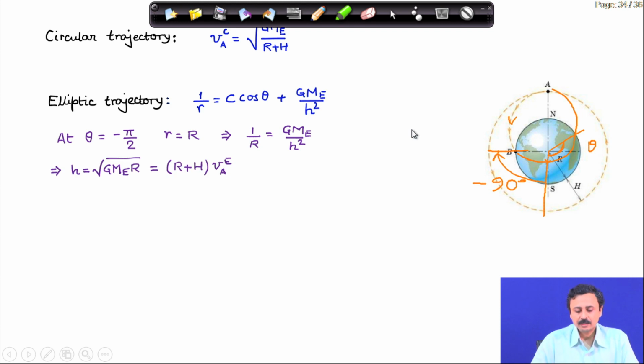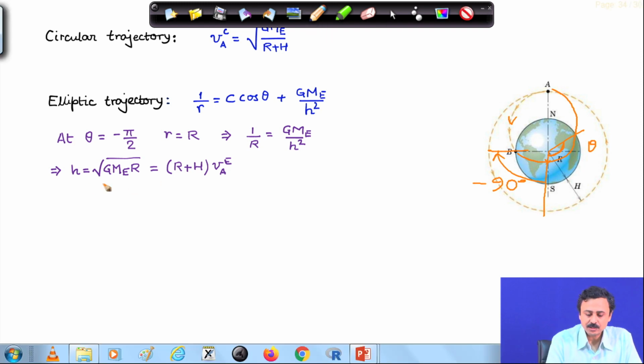From here I can get the value of h, the angular momentum per unit mass, which is a constant, and I can equate it to the small h value calculated